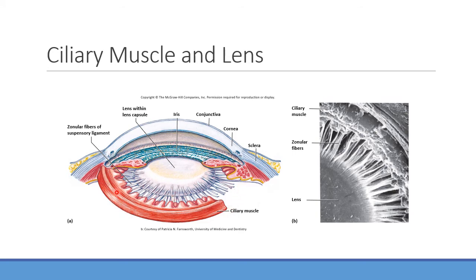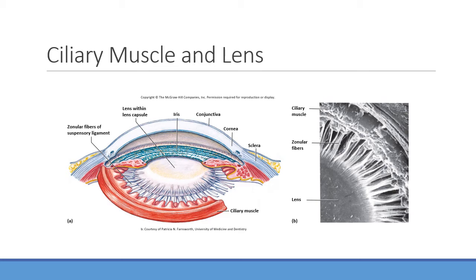So you can see you're going to have these ciliary muscles located around the lens itself. If you were to constrict these ciliary muscles, what do you think it would do to these ligaments? Tighten or loosen? Because if I constrict that ciliary muscle, it should loosen up those ligaments, right? That's an important point. So when I constrict the ciliary muscle, that's going to loosen up those ligaments.